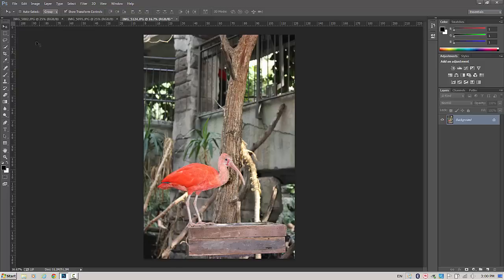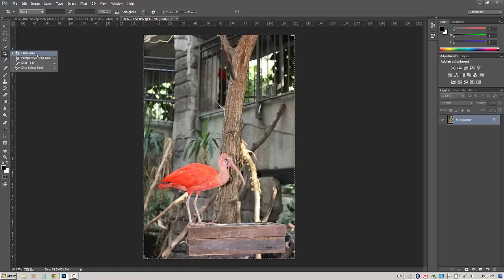The crop tool is located in the toolbar on the left-hand side, and it's the 5th tool down. If you're not sure which tool to use, you can always hover over the tools until you find the name of the tool that you're looking for. You can also click on the caret next to the bottom right of the tool, which is that little triangle. The little triangle will show you all of the nested tools that are beneath the one that you see on the toolbar. In this case, I want the crop tool, so I'm going to click on the first top tool